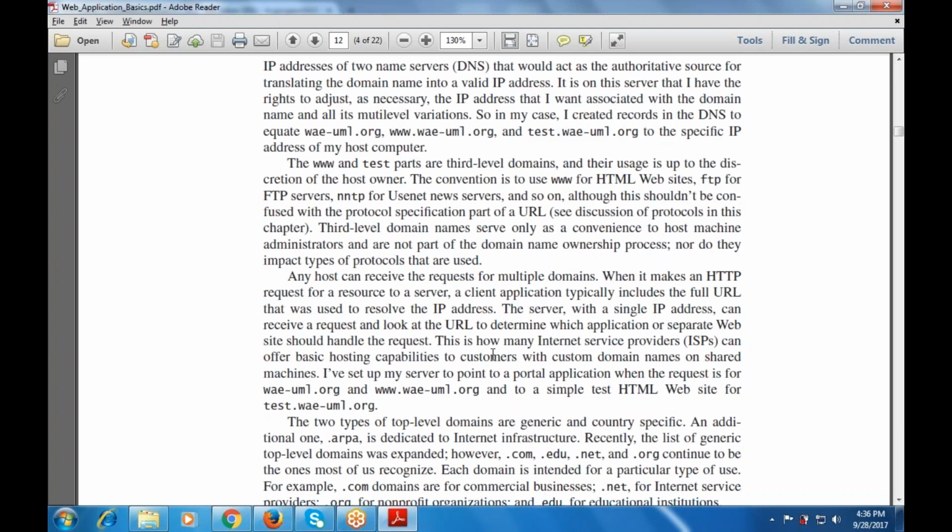A server with a single IP address also receives a request and looks at the URL to determine which application or separate website should handle the request. This is how many internet service providers, that is the ISPs, can offer basic hosting capabilities to customers with custom domain names on shared machines. So that will be used by the portal application, and the request is for this one, to do a simple test HTML website for